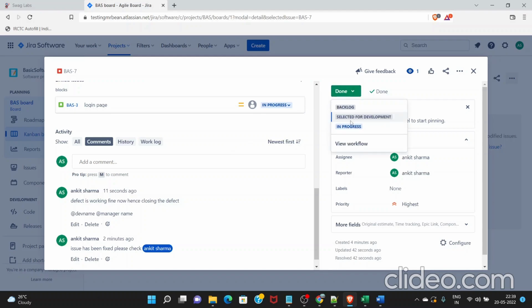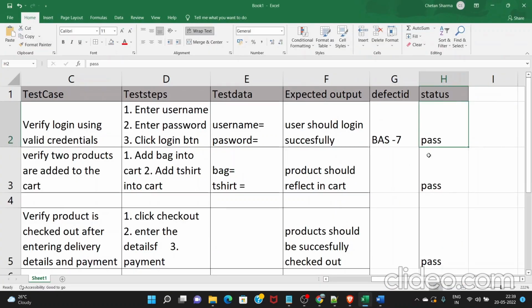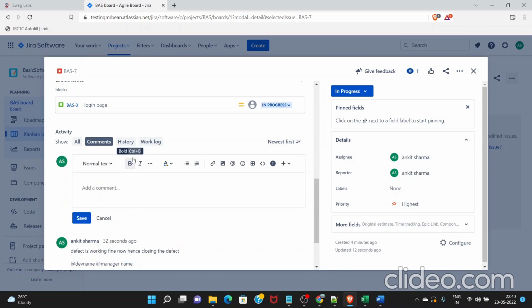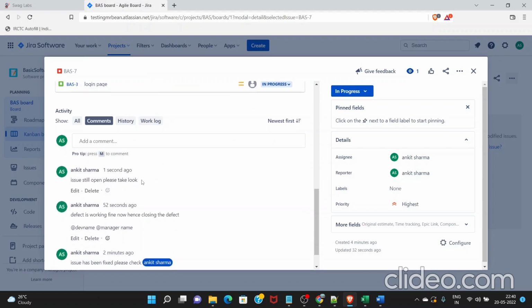Now let's suppose this was in progress status and this defect does not pass after the developer has told you that this has been fixed. It fails again. So what will you do? You simply have to reassign this to the developer and mark a comment here that the issue is still open, please take a look. You can write a message here, please take a look @developer name. So they will again do the coding, they will again give a comment,